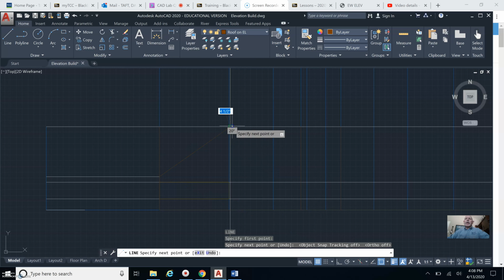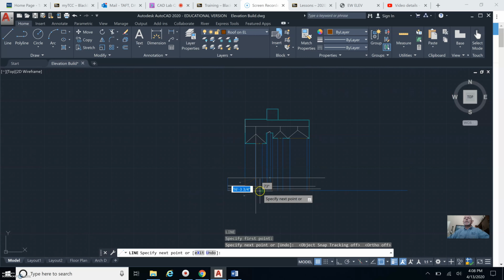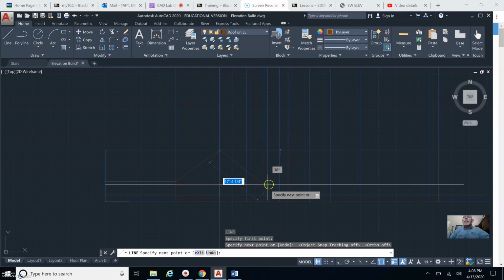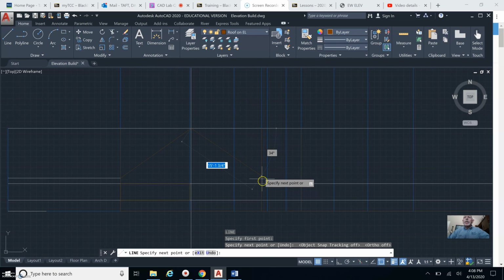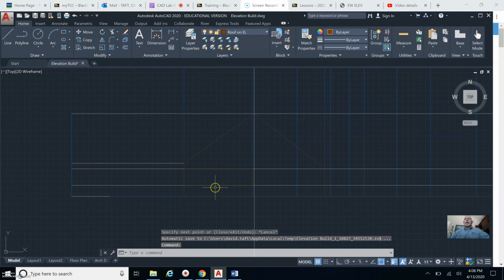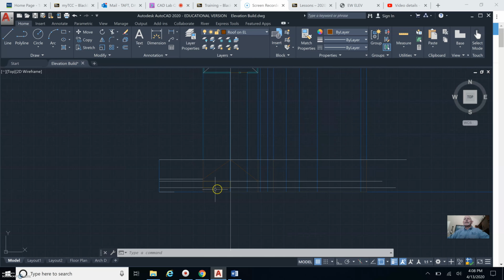And this will be the start of my ridge. Now coming back down to this point here. All right, and so that we have a window, we have a ridge line started on this section of the